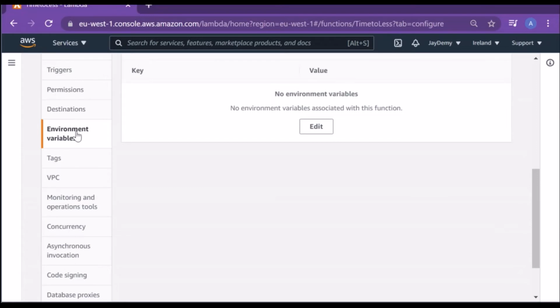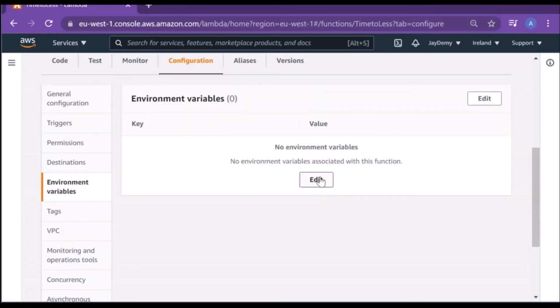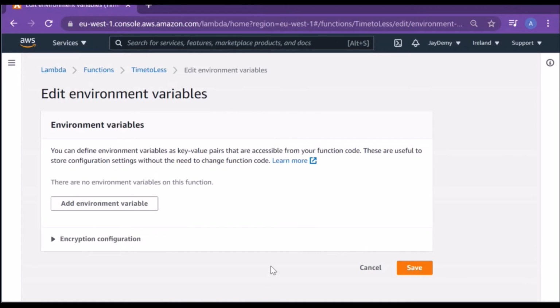Coming to the environment variables, you can use environment variables to adjust your function's behavior without updating your code. An environment variable is a pair of strings that is stored in a function's version-specific configuration.